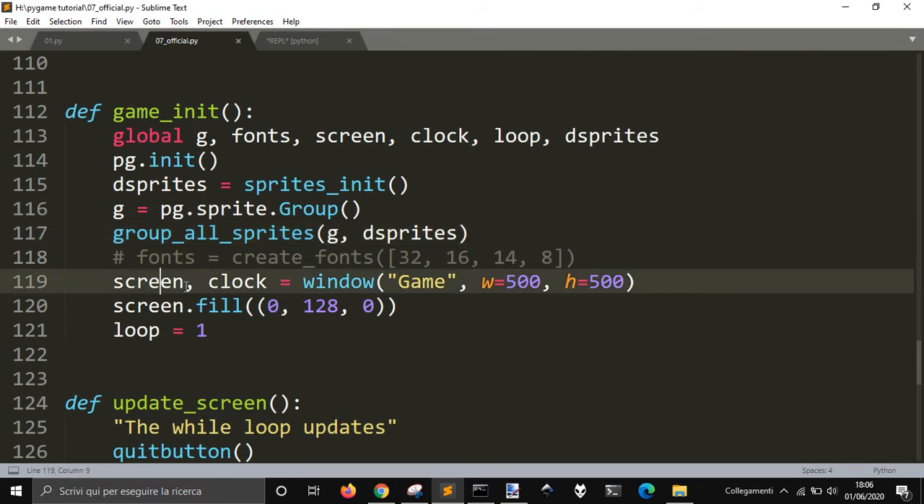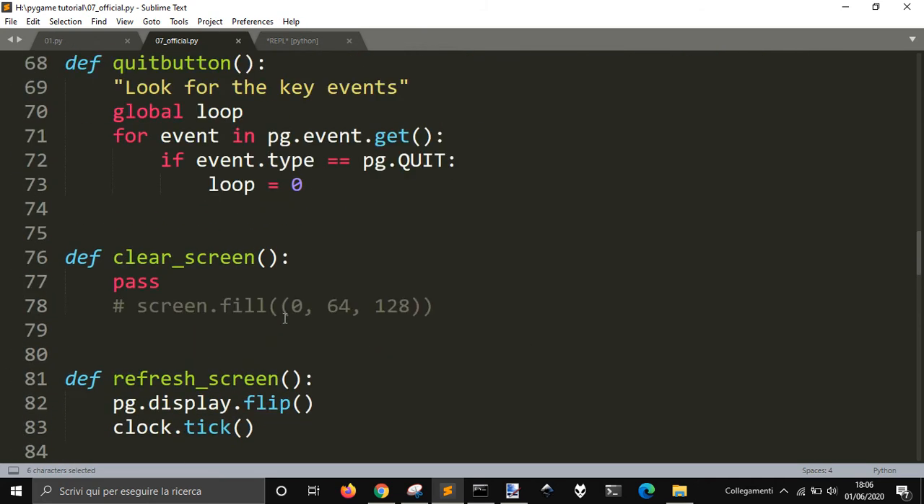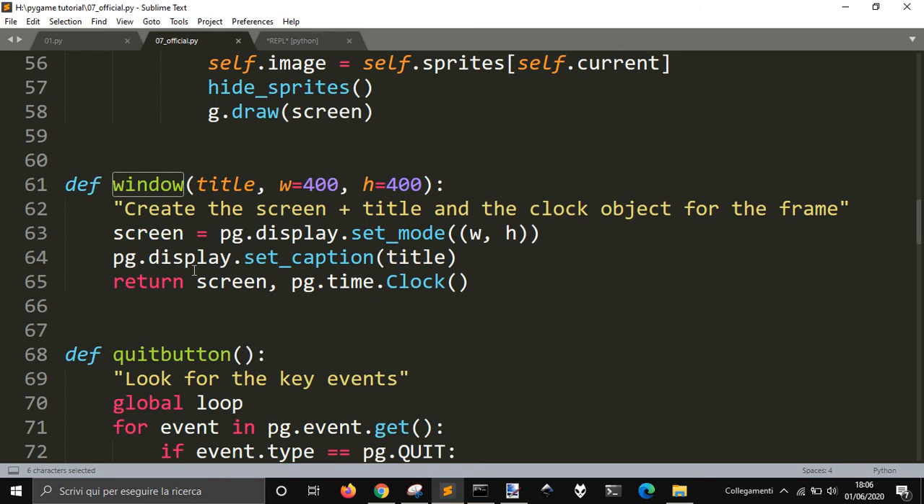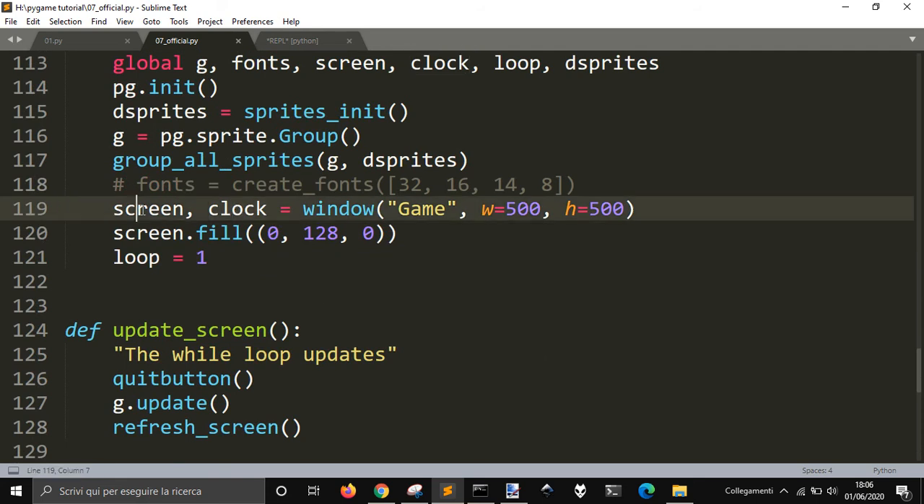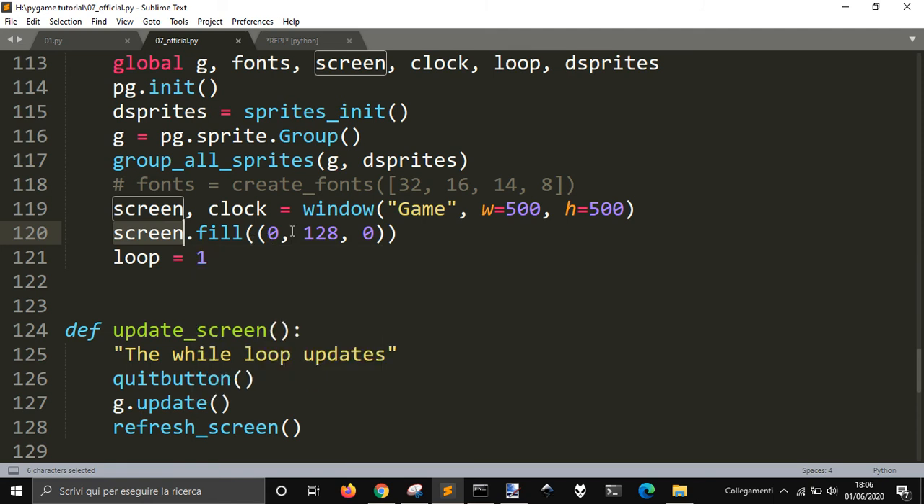Then we create the screen and the clock with this function window. And if you go in window, you see you just create the screen with the Pygame display set mode with the width and height that is 400 by 400, and then it returns the screen and the Pygame time clock that is memorized into clock. The screen is memorized into screen, the screen surface. Then we have screen fill. We color the screen with the green color,